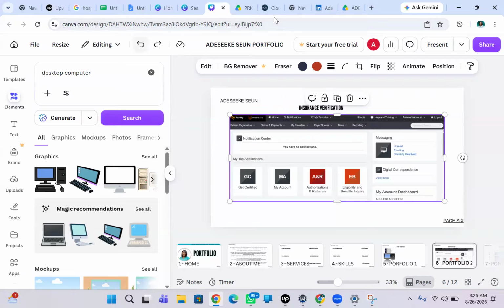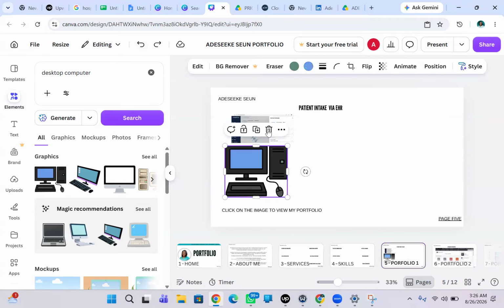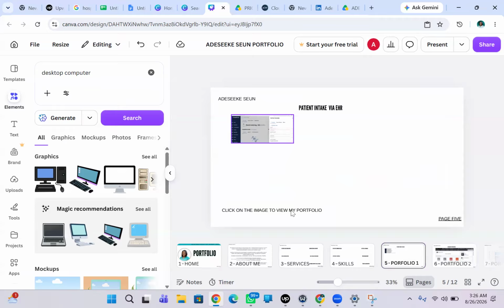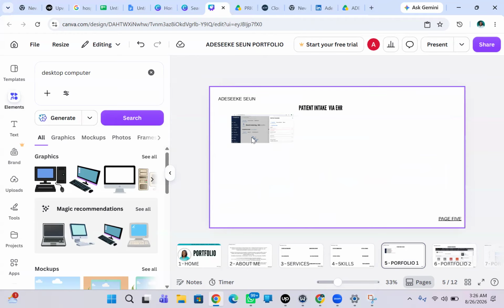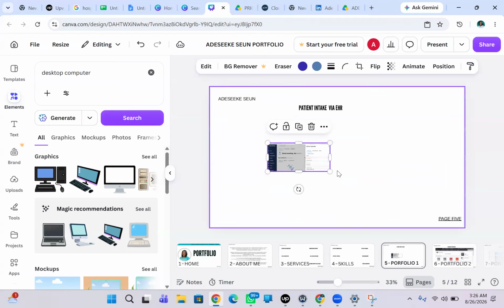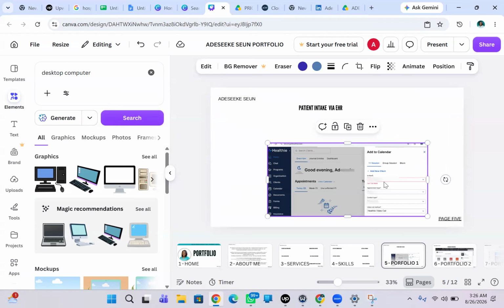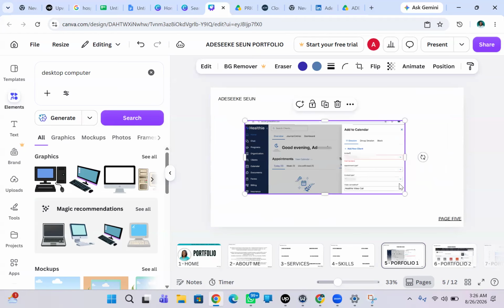So that is basically how to create your portfolio. And on this page, always make sure to click on the image to view my portfolio. Okay, so I'm going to post this back, and then the next thing now is for you to share your